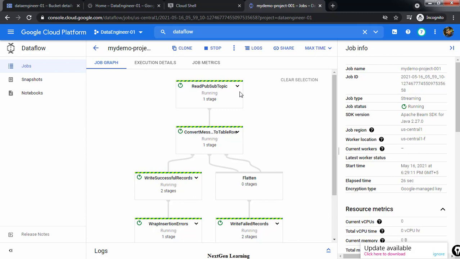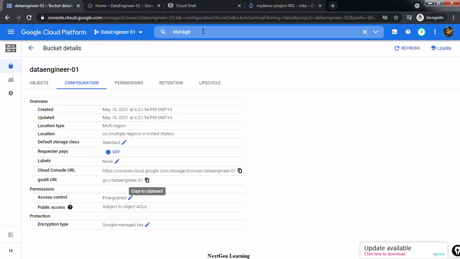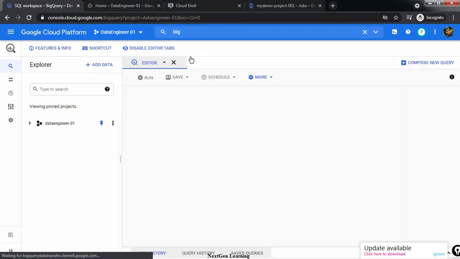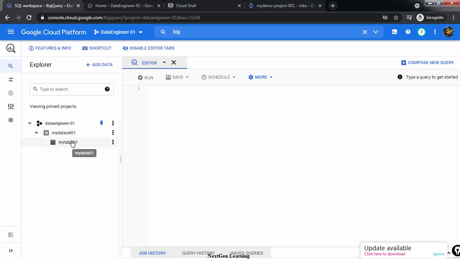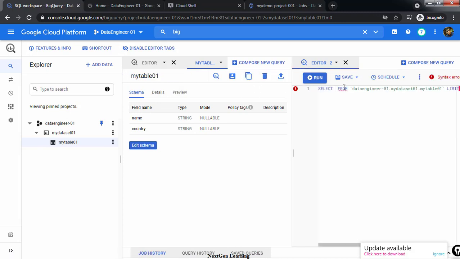So now nothing is there in our PubSub. If we go to our BigQuery and go to the table, this is the table, and you can see in the preview, nothing is there. Or else what you can do is just query the table, using select star from, and this is the table name.